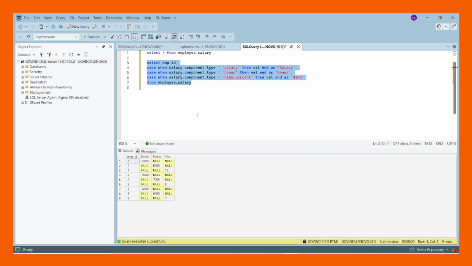The benefit of doing it using the case statement is that we get the separate columns, and I am just getting those values. If in the first row salary is there, then bonus and hike are null, right? If bonus is there, then salary and hike are null, right? So you can see there is a repetition of the employee ID, because we are using three different case statements, right? Further, what we can do, we can